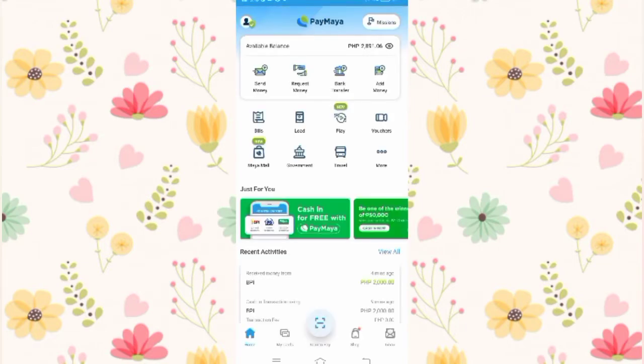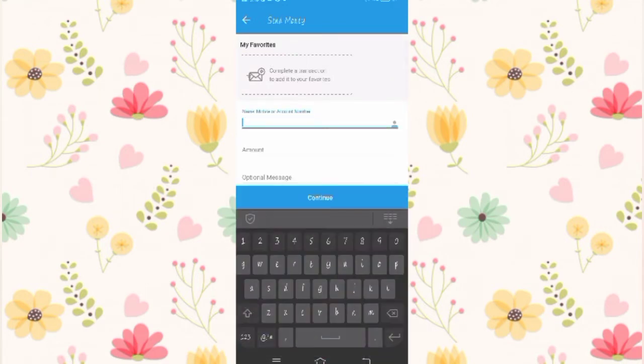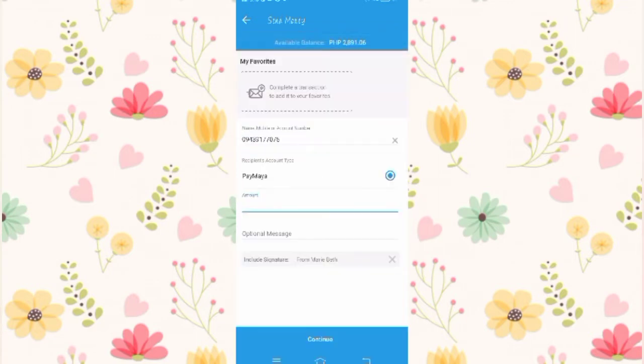and then go to send money, and then type the account number or yung cellphone number ng PayMaya na papadalahan mo, tapos i-click mo yung PayMaya,